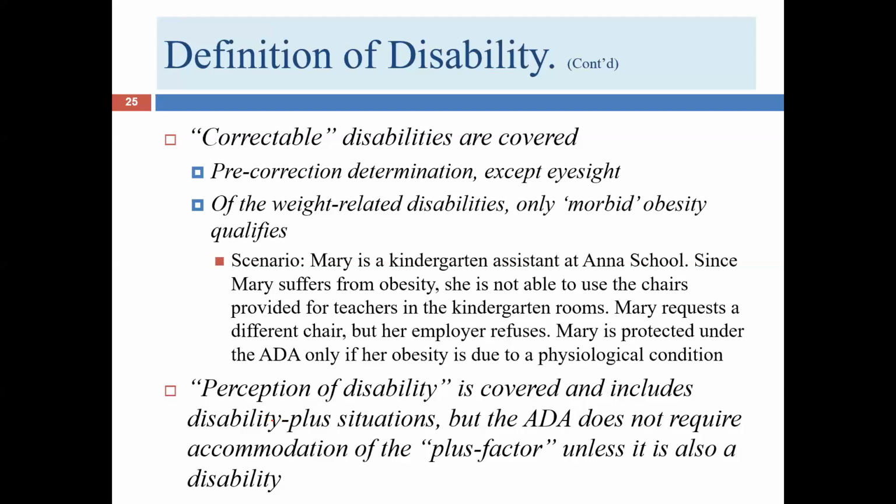Well, in this case, our candidate only has one disability because the blood pressure isn't a major issue. But because it's a disability plus situation, the ADA would apply and protect that particular person. Now, again, the plus, if it isn't a disability, isn't going to be entitled to reasonable accommodation. So that person isn't going to be eligible for reasonable accommodations relating to the slightly elevated blood pressure reading. But he or she would be entitled to protection from discrimination because of the disability plus situation, and would be entitled to reasonable accommodation for the disability, in this case, the insulin-dependent diabetes.